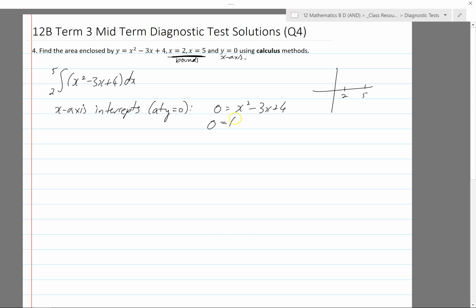I'll try and do some factorization. So 2 numbers multiply to give 4 and add to give minus 3. 2 times 2? Nah. 4 times 1? Well, they both need to be positive or both need to be negative. Okay, can't factorize. You can keep trying if you want. Okay, so from here, I'll probably go to graphics calculator